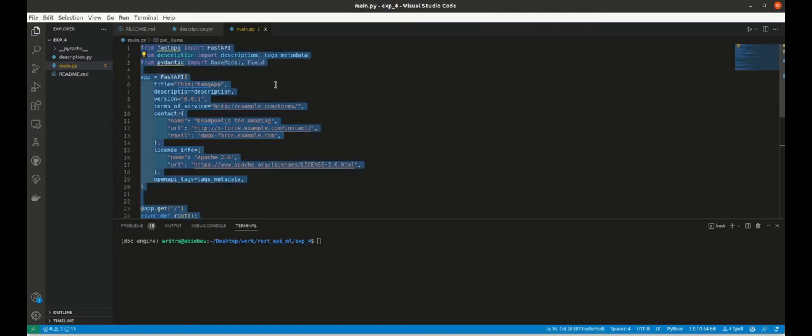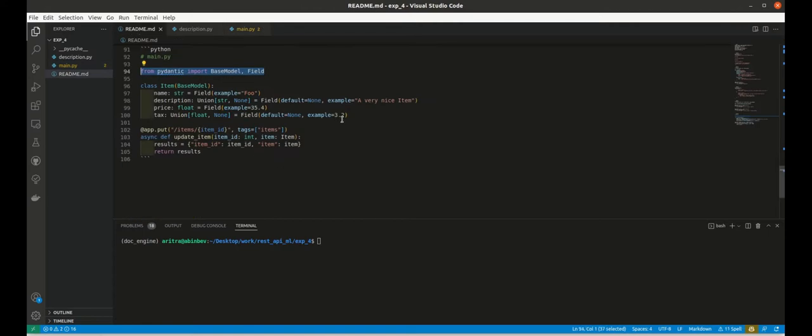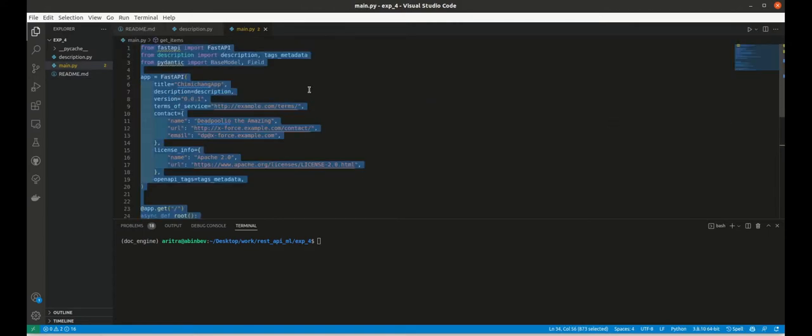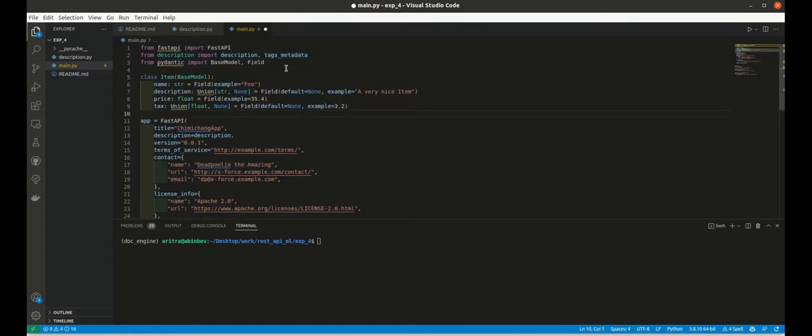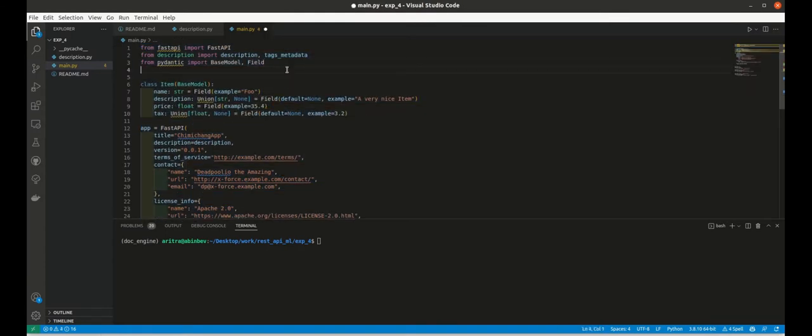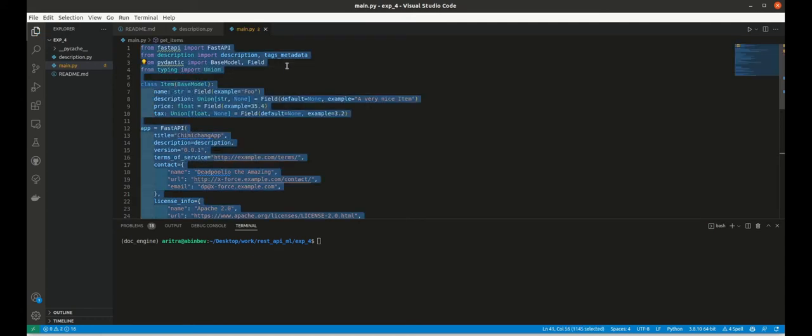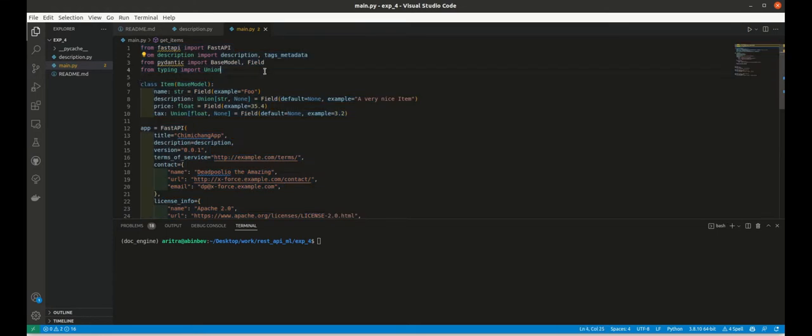Now, one more type of documentation we may have in our project is documenting your class or any database model, which will later be shown as an example in your Swagger UI documentation. So let's say we create a class called item, and then we define all the fields and give a default value